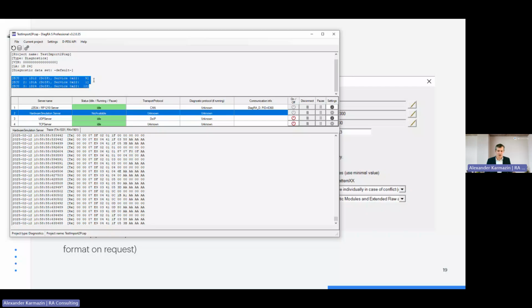The idea is totally the same as with our trace files. Good. So so far, I hope it is clear how it can be easily done by importing trace data, but